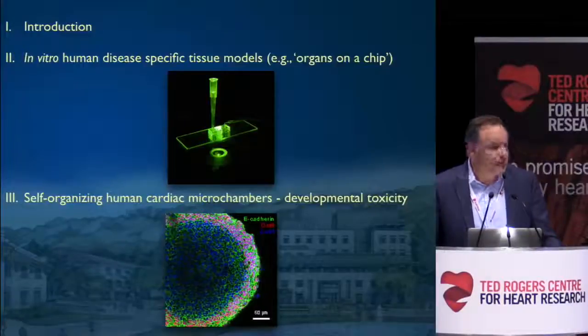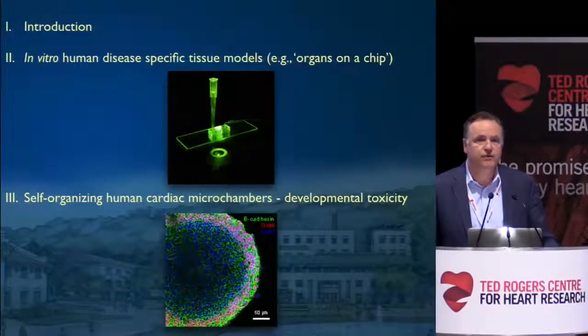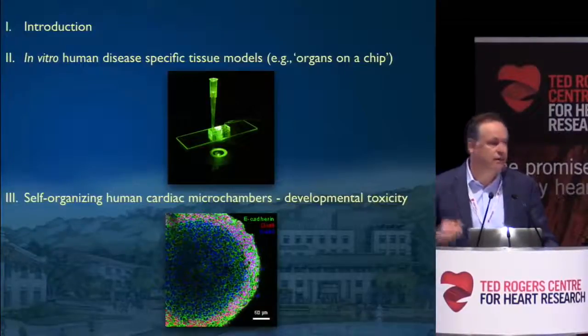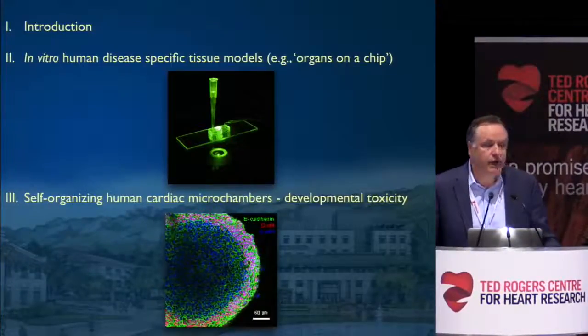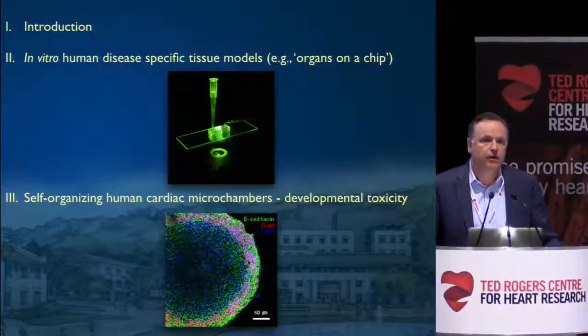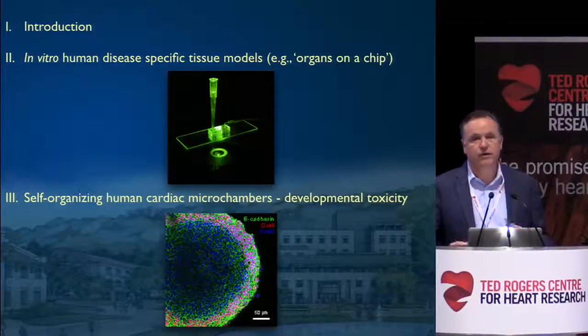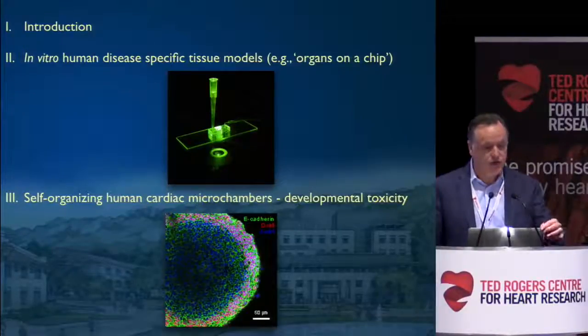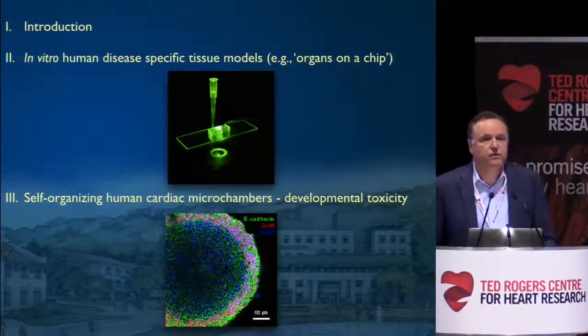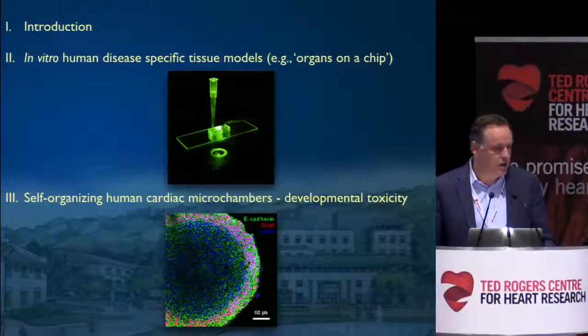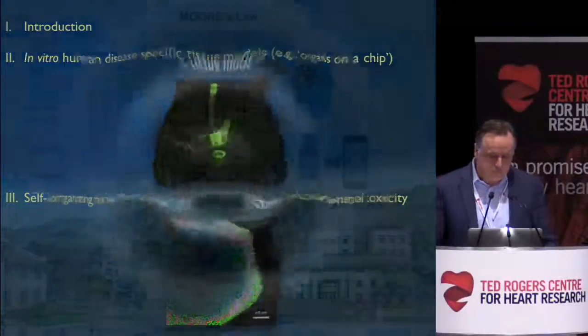I'll give you the outline of my talk, which will be a short introduction built upon what you have seen the last few days. I'll talk about our own chip, which goes in a direction to minimize the cardiac organoid system onto essentially a computer-type platform. And the last part, probably the last 5 minutes or so, I'll talk about using these microchambers that we create by surface modification of materials so that we can use these for developmental toxicity or screening cardiac defects with respect to drug exposure for early embryos.